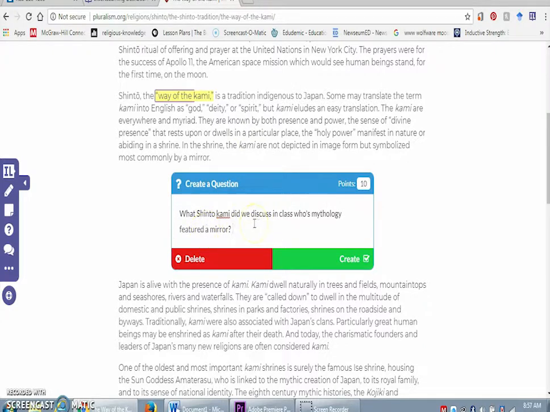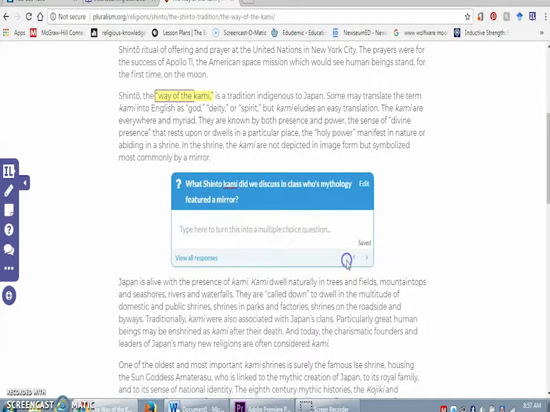If I wanted to, I could leave it just as is, as an open-ended question, and students would have to type in the exact answer. If you want, you can make it multiple choice. And you do that by hitting create after you've entered in the question itself. So here, if you wanted to leave it as an open-ended question, you would just leave it as is and move on. Whereas if you want to turn it into a multiple choice question, this is where you put in your responses. So you don't have to do anything, you just click on the first box, and then you'll enter in your first